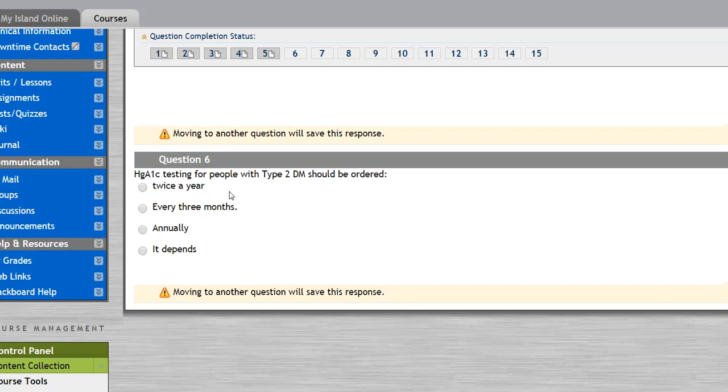Okay. And hemoglobin A1C testing for people with type 2 should be ordered. Okay, so they've already got type 2 diabetes. How often do we check it? It depends. There you go. Perfect. Okay, so if we make a change in their drugs, we want to do it in 3 months. That's pretty much it, because it's an average of 3 months, right? So if I increase their medications or make some change, I check in 3 months. And then I think the guidelines say everybody who has type 2 diabetes should have it at least twice a year. I think. But it depends on what they're doing, what you're doing with them.